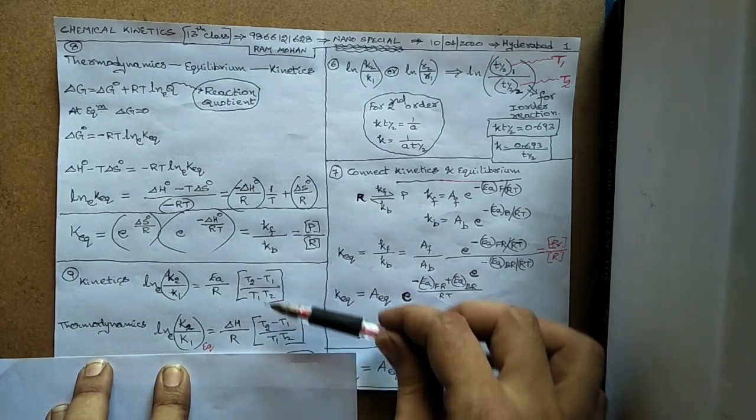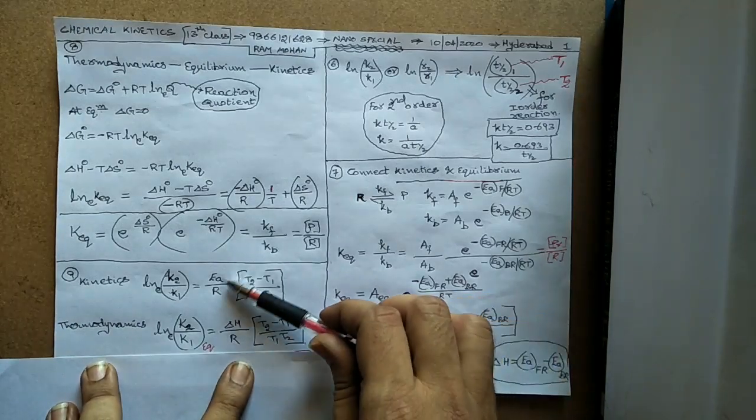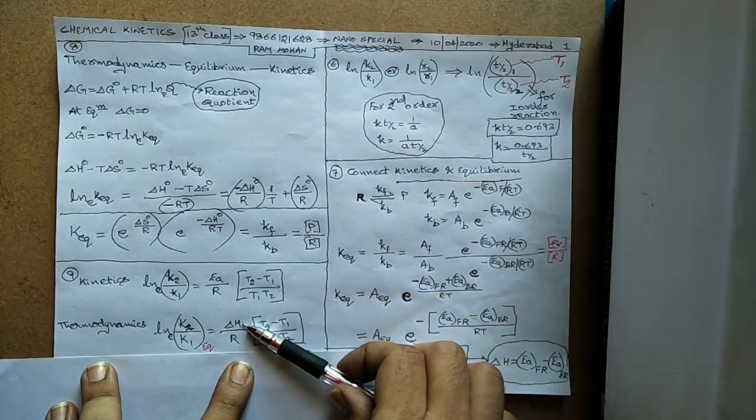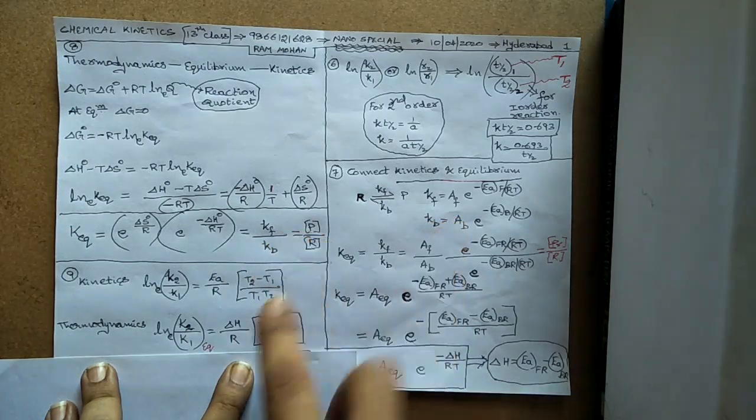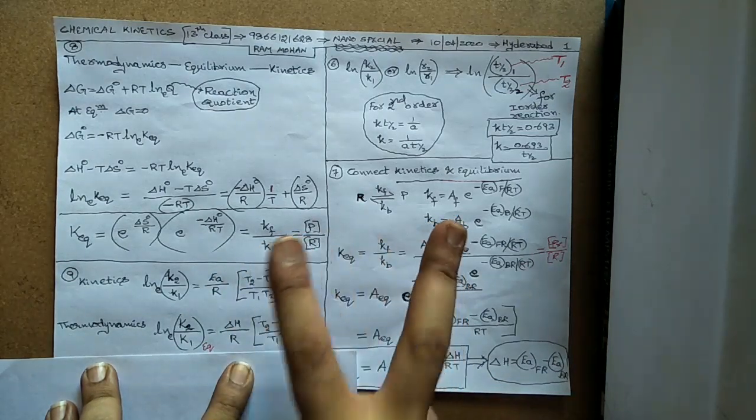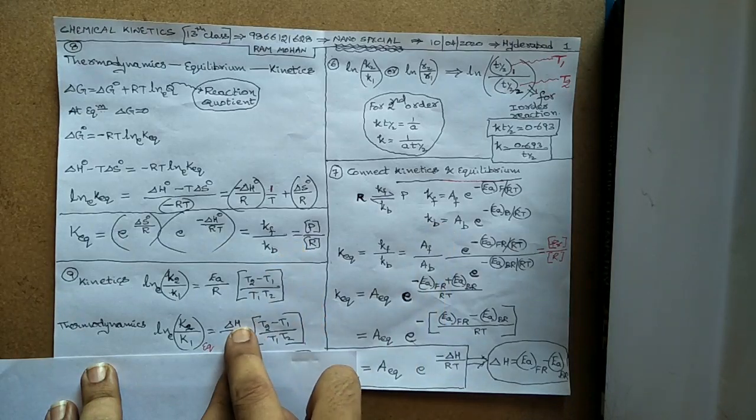There is a big difference in the two. What is that big difference? Ea is always a positive value, but delta H can be positive, can be negative. I have the two cases now. Delta H can be positive, delta H can be negative. So if it is positive,